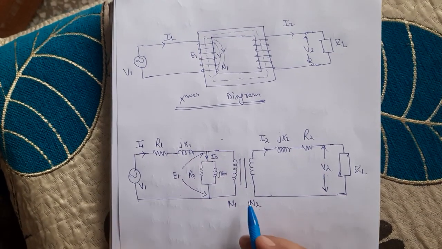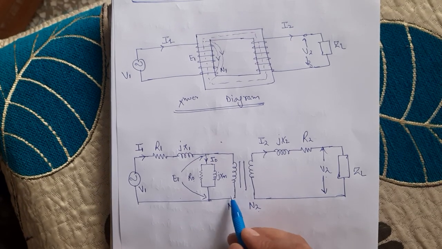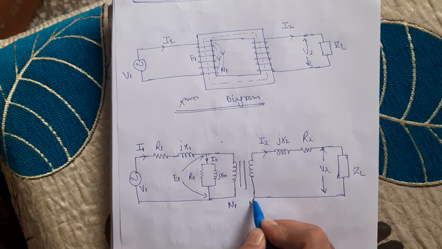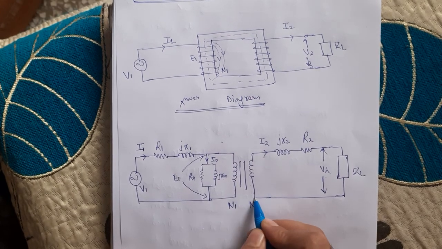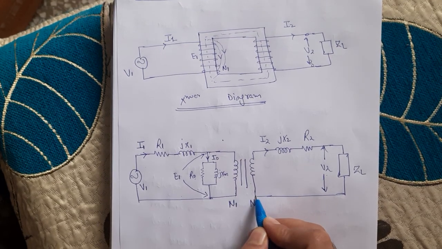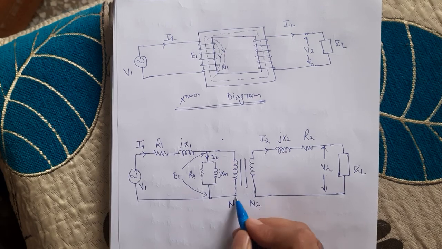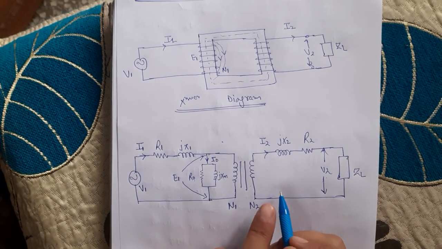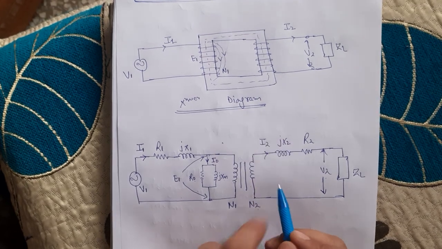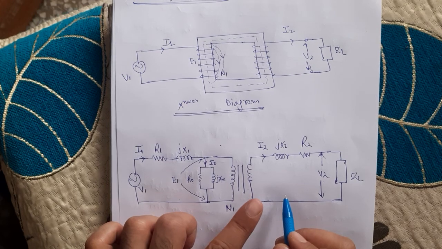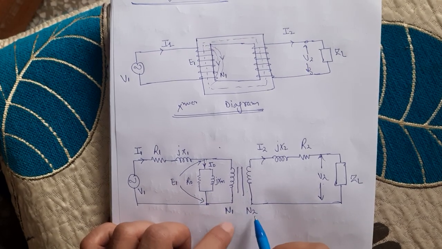Why? Because how can we electrically solve this circuit? We don't know in advance what the drop is between the primary and the secondary winding. It is because of the isolation between the primary and the secondary winding. So to overcome that difficulty, we will either refer the secondary circuit to the primary, or refer the primary circuit to the secondary by taking advantage of the turns ratio.